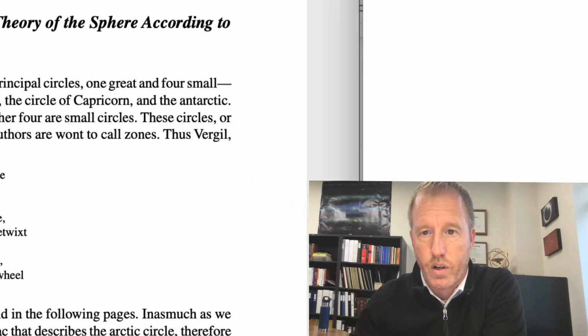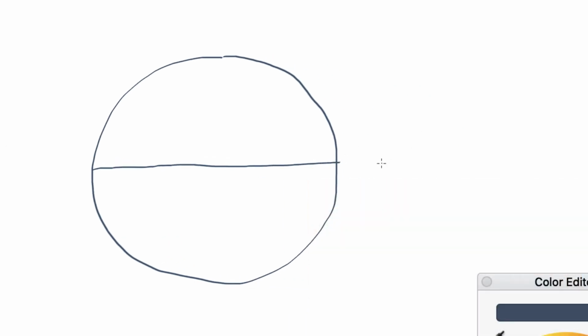If we were to draw the equator, remember that is the great circle that divides the celestial sphere in half. Let me put the North Star Polaris up here just to once again orient you. Then if we draw the axis of this celestial sphere straight down like this,